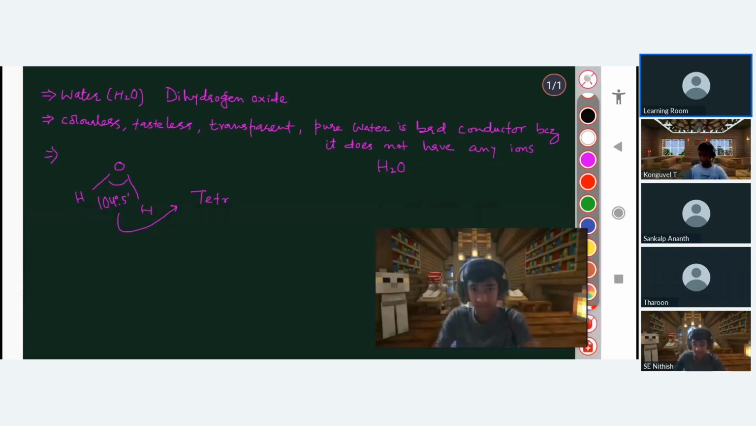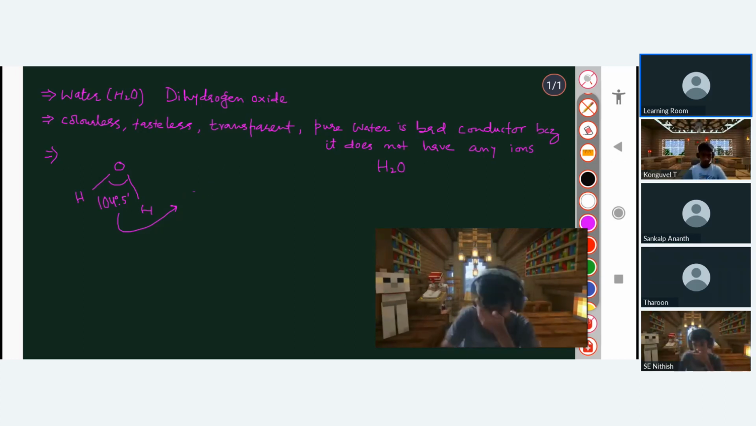Here it is known as the tetrahedral angle. Its angle is 104 degree 5 minutes, or you can also call it 104.5 degree, or you can also read it as 104 degree 5 dash or 5 minutes. Now another very